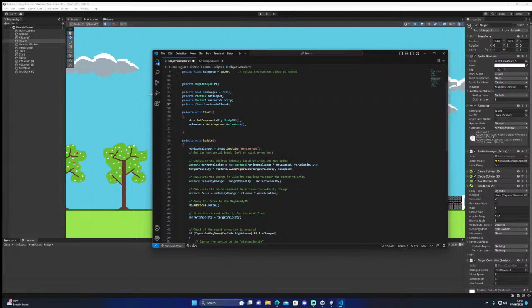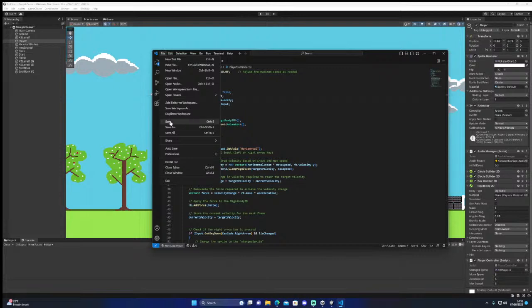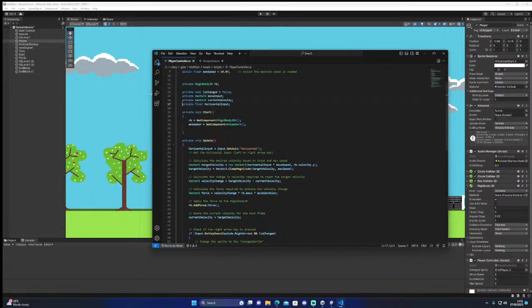Force equals velocity change times rigid body mass times acceleration. So mass, force, velocity change with rigid body mass and acceleration.